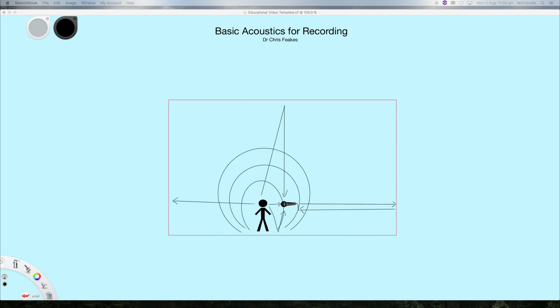It's a phenomenon where our brains will actually ignore sound reflections or echoes if they arrive within about 20 milliseconds of the direct sound. So in other words, if I make a direct sound to this microphone, or just in general in an environment, and the reflections get back to me within something like 20 milliseconds, my brain will ignore them.